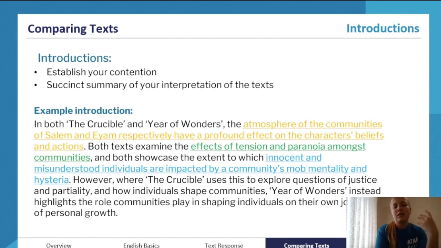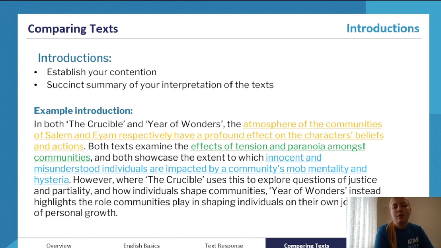So similarly, your structure is very similar, except both texts need to be introduced. Not just one text, but both texts need to be introduced for your comparative, and both of their contexts, their socio-political context, also need to be introduced in your intro to then link into the prompt in those broad sentences. And we similarly also need a contention statement and a signpost of all of the arguments of your body paragraphs, or again, my preference, an extension of your contention.